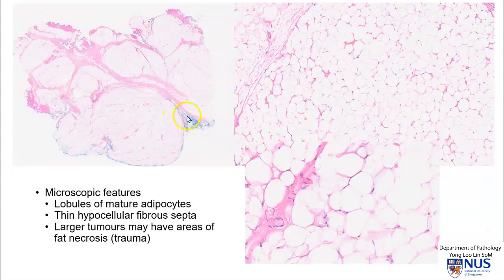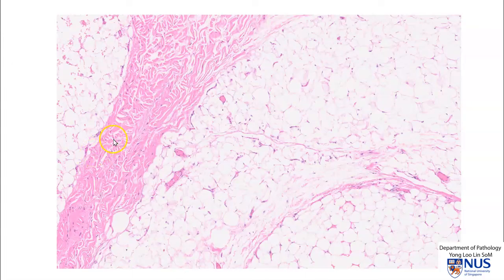Microscopically, as we saw, these tumors are well circumscribed and they are composed of lobules of mature adipocytes. We can see the adipocytes here, which appear very empty with bland, compressed nuclei. The larger tumors may have areas of fat necrosis, so we may see multinucleated giant cells and foamy macrophages. This is due to trauma. And here we can see the very hypocellular fibrous septa composed of collagen, some mature fibrocytes without any significant cytologic